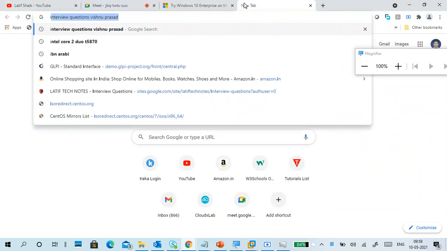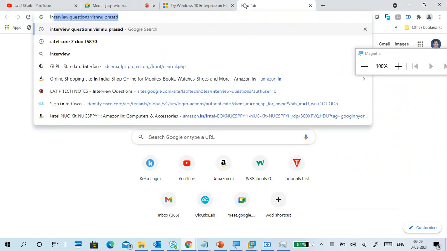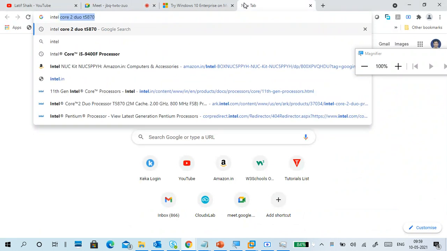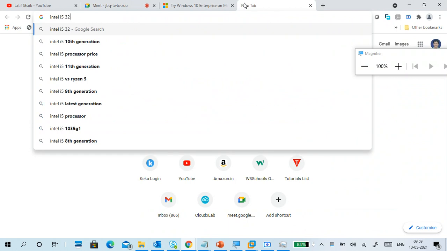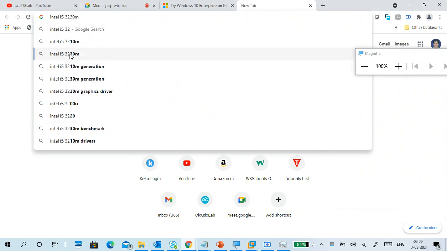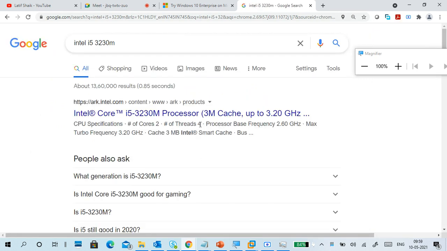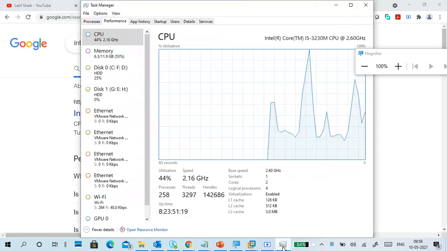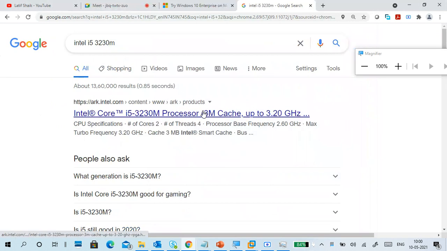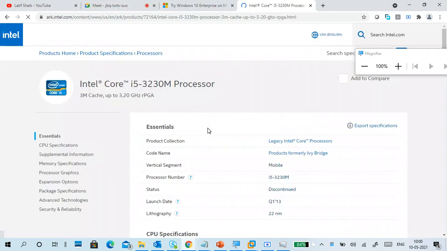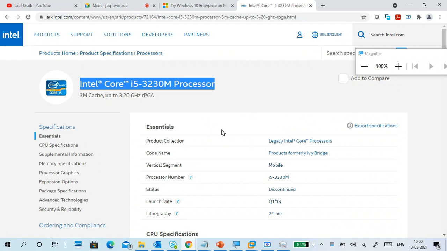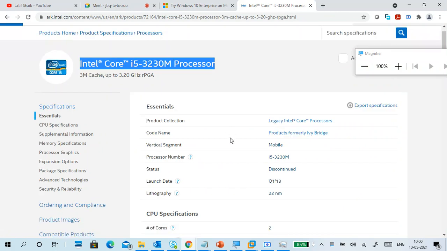So just search for Intel i5 3230. Same processor, that is my processor. You can see the details on the Intel website itself.